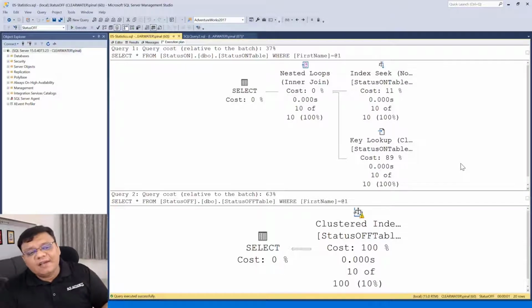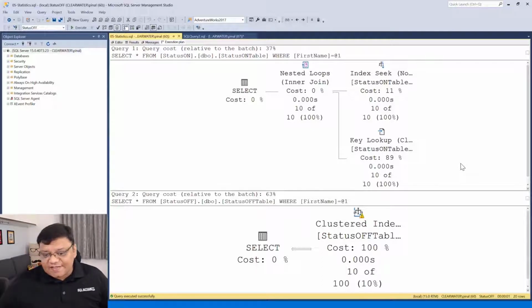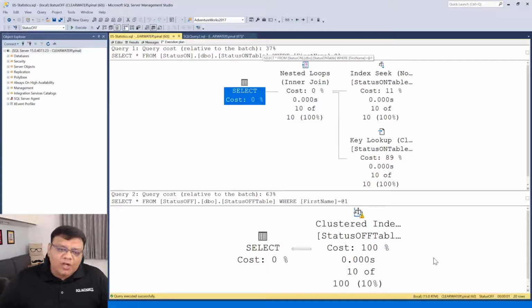It's very clear that the query on top knows it has to use the index, and it's using an index seek. It's also doing a key lookup, which a lot of people say is not good, and I agree. But the point here is that the query on top is doing an index seek and using a lower percentage, and the query on the bottom is doing a clustered index scan and using a higher percentage. Now, if you're a perfectionist, you will say, oh, you just said something incorrect.